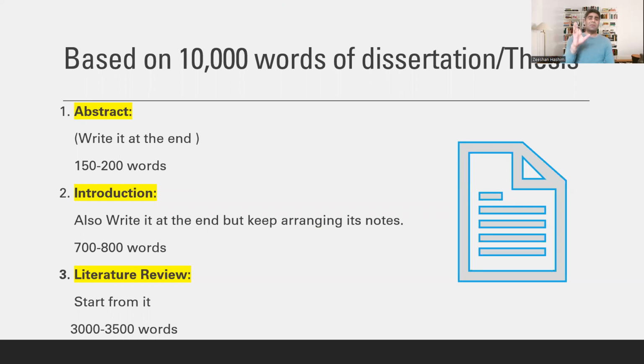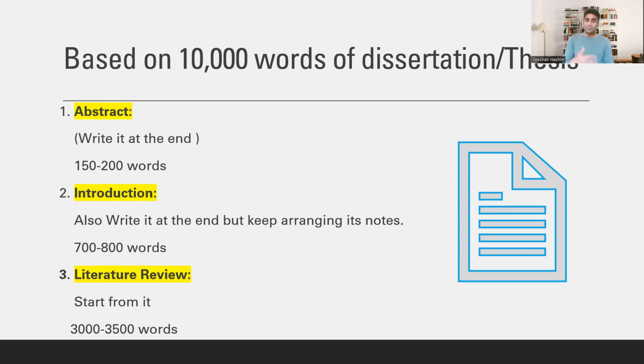But the percentages that I'm going to explain can also be applied to an 8,000 words dissertation and thesis, or a 15,000 words dissertation and thesis. So it doesn't matter how many words, but the most important thing is the weightage of the different sections